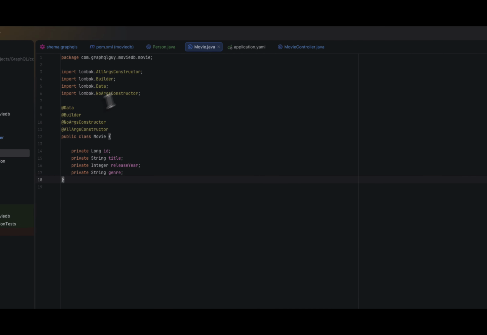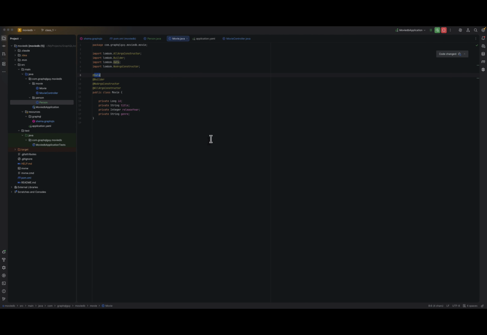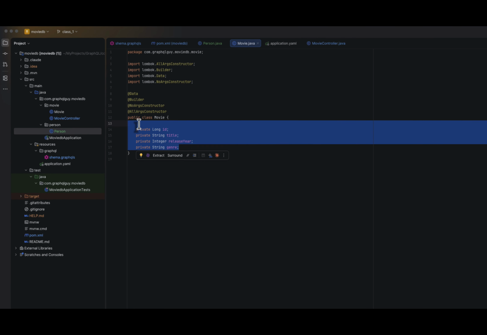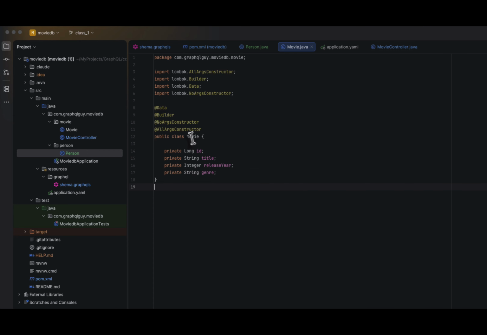So if we go here, actually here I use this Lombok data annotation. And this annotation gives us a lot of things. It gives us equals and hash code that we will be overriding here. And it gives us also a toString method with all of our fields. Often we do want that, but for JPA entities, that's usually a bad thing, because we mostly want JPA entities to be lazy loaded. And if we have a toString method with all fields, that might cause our JPA entity to force load all fields. And that's usually not what we want. So instead of this,